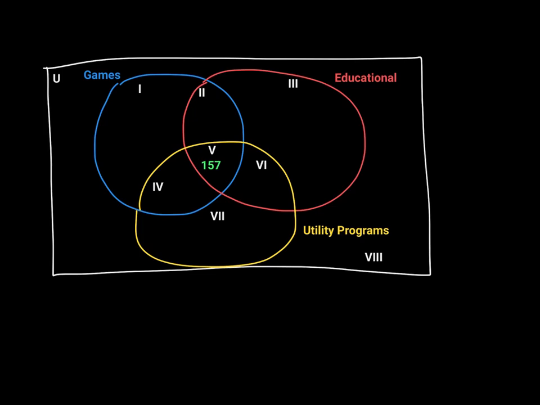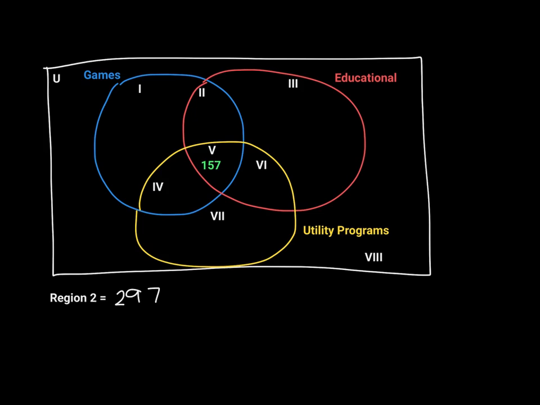297. But what we need to do is subtract those that have already been counted from Region 5 from that number. So what I'm going to do is Region 2 is going to be equal to, all right, here we go. So it'll be equal to